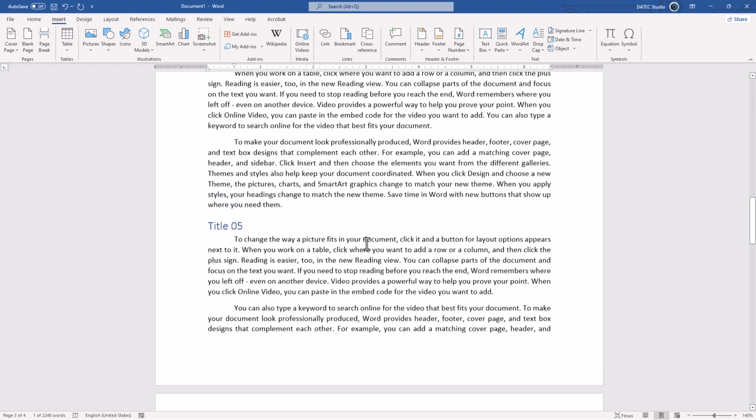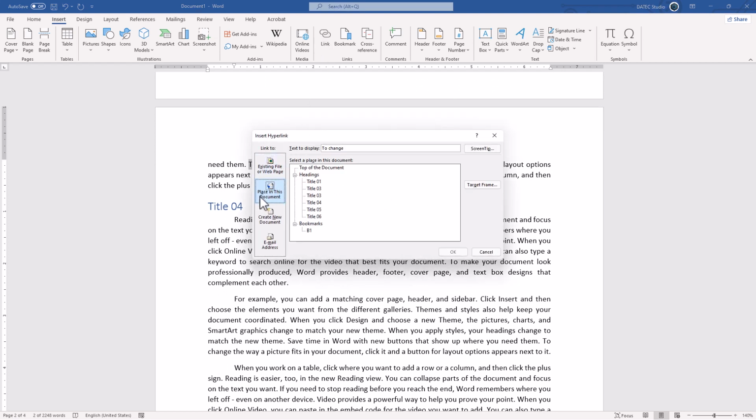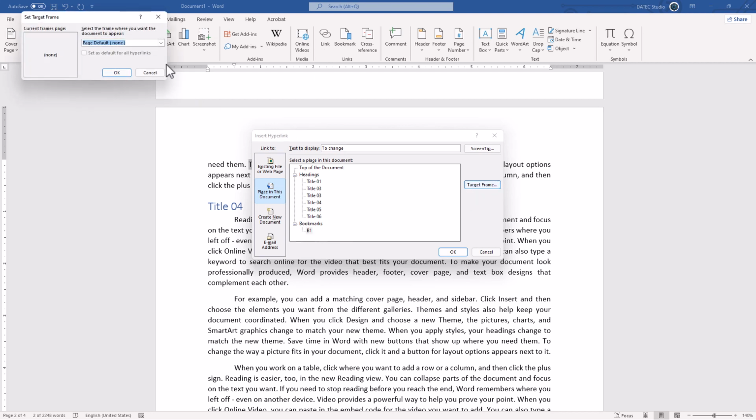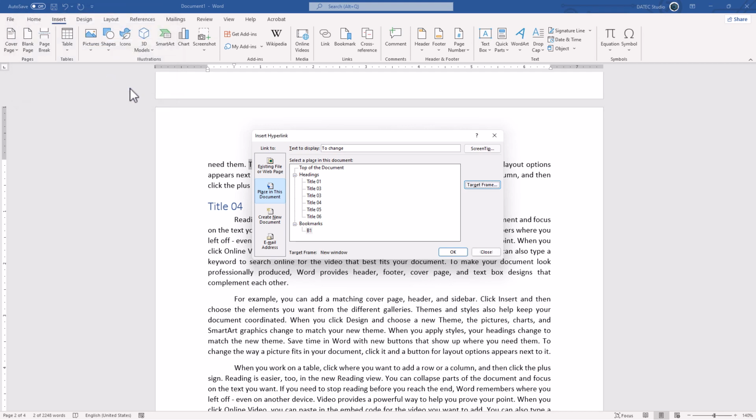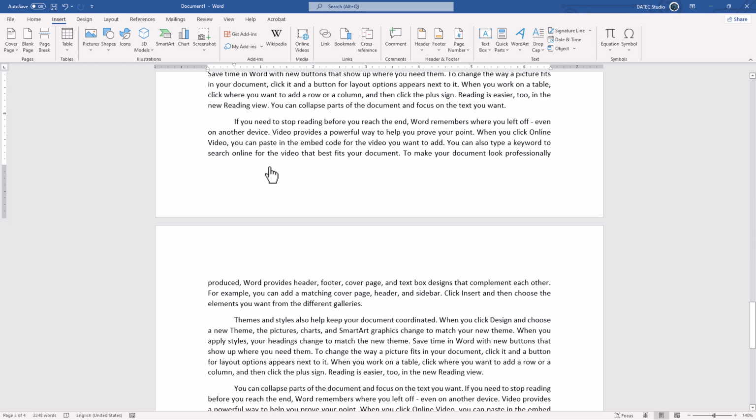I'm going up and use, just as an example here, link, place in document, and now we have a bookmark. Select that, and just as a practice on target frame, I assign it the new window. OK and OK. Now if I hold in the Control or Command key and click on that, it will jump